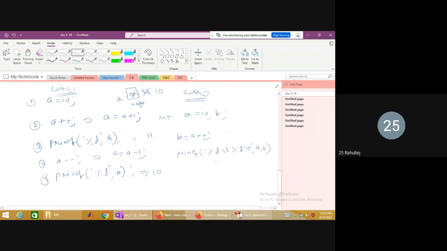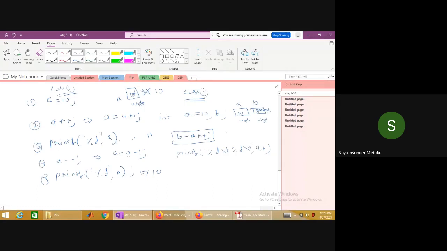10 comma 11. Yes, if you look at this statement, I represent two blocks: 4 bytes of memory here and 4 bytes of memory here. This is A, this is B. So A is 10, B is garbage. Yes or no? Correct or not? When you do B is equal to A++, it is generally called post increment. Post increment means I'm using the double plus after the variable, not before the variable. After the variable, so it's called post increment.